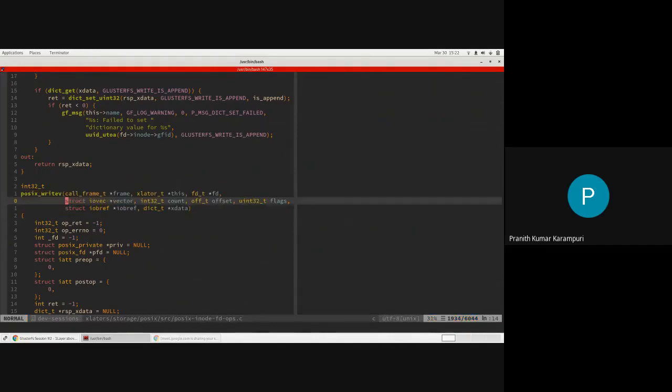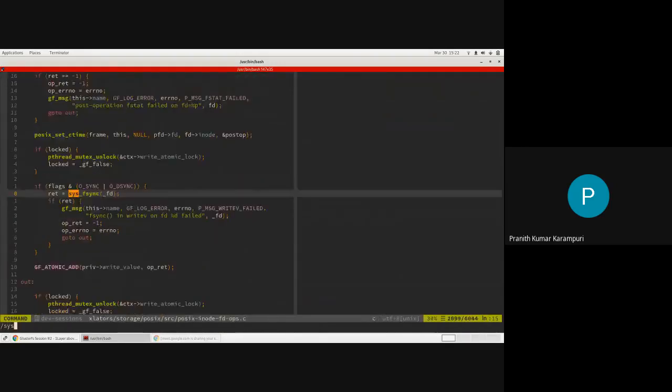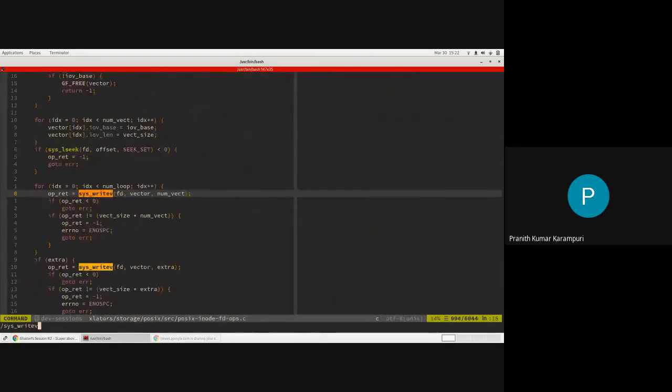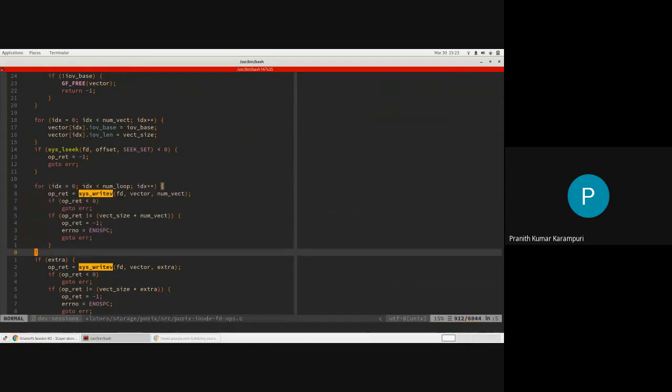In Gluster we actually use the IO vector, which is an array of buffers that you can send to the underlying disk file system. But again, you will see the same thing: it is doing a pwrite at the end from the FD, and there is a vector, so it has to do a loop because multiple buffers can be sent.